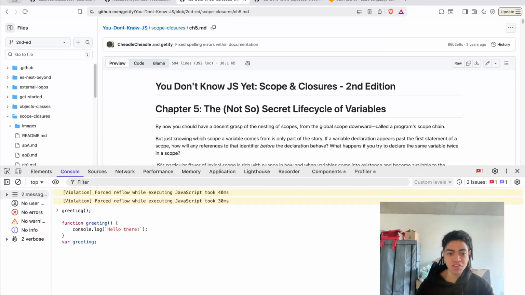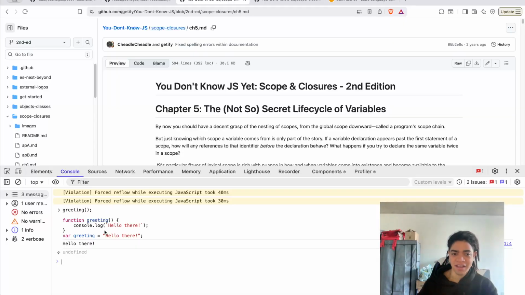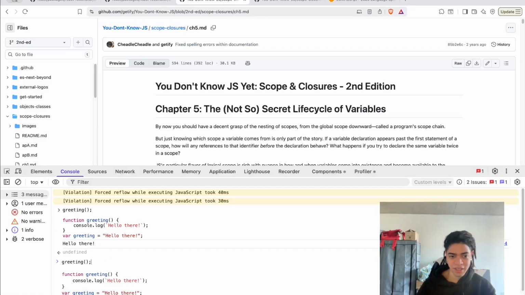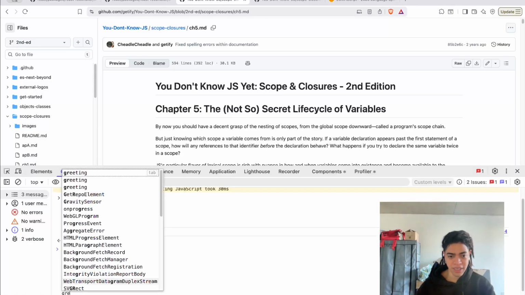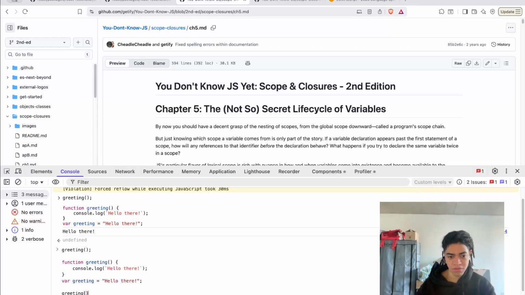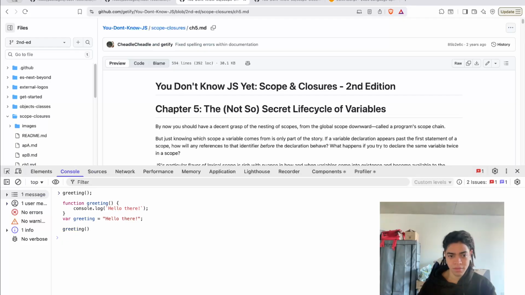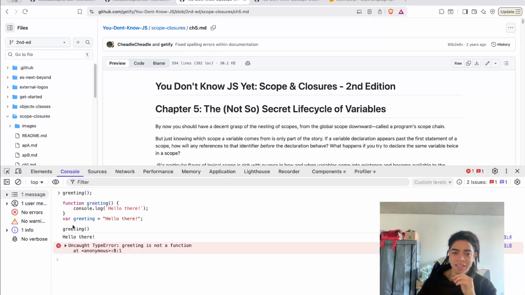And if for some reason you override that behavior, let's say hello, and then you try to call that, look at this. It's going to run that. And if later on you say, hey, greeting of this function, exactly, because now you have overridden this.